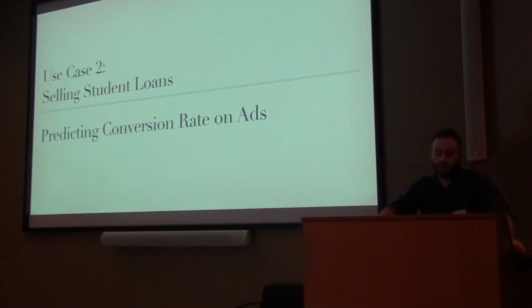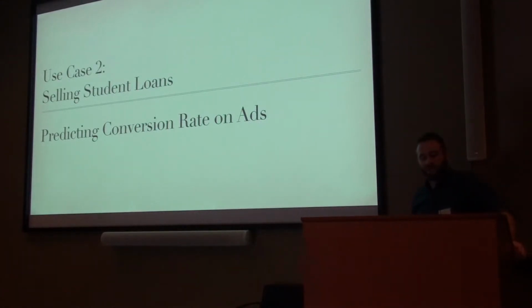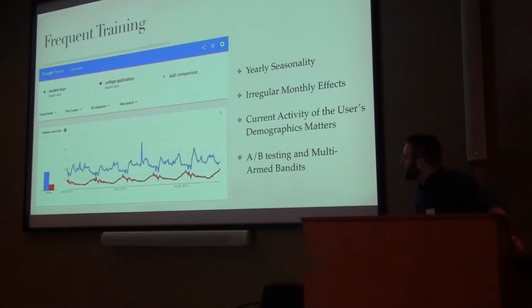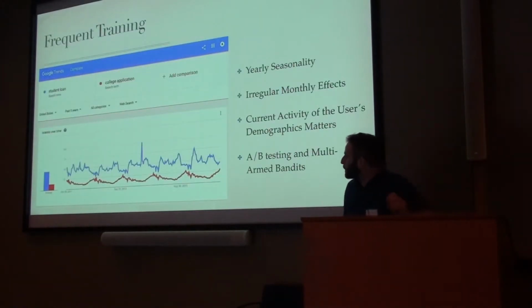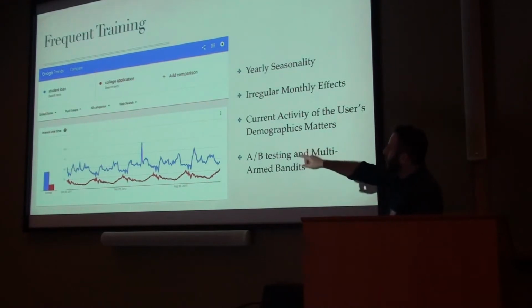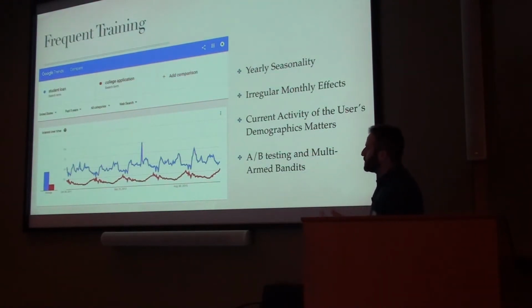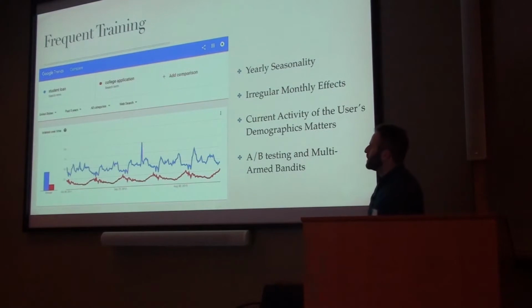And if that user, are they a prospective college student? Are they ready to think about financing? So, we take a look at the demographics and we start building a stats model, logistic regression in our sandbox, and we notice a couple trends. So if you look at this, in the red, what you see is a yearly seasonal cycle around when students are applying to colleges. And in blue, you see the student loan